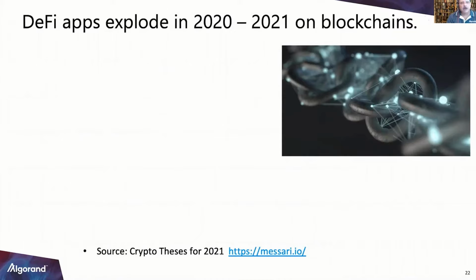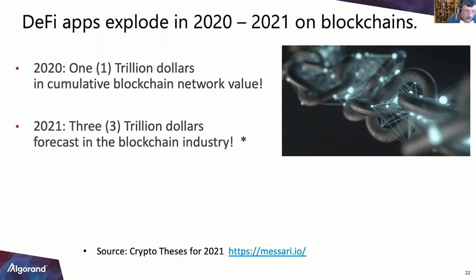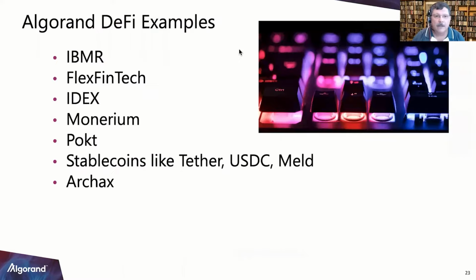So hopefully I gave you some ideas, but by far the biggest area on blockchain, as far as applications go, is in DeFi. And let me tell you, this is just mind-blowing how exploding this is. Over $1 trillion in cumulative blockchain network value last year, in 2020. In 2021, it's going to continue growing to $3 trillion, our forecast in the blockchain industry. There's a good overall report there at Massaria.io at the bottom of the deck. We will have a link to the deck at the end of the session,